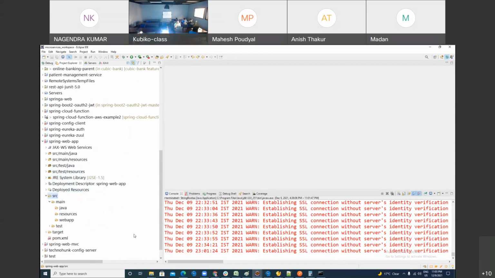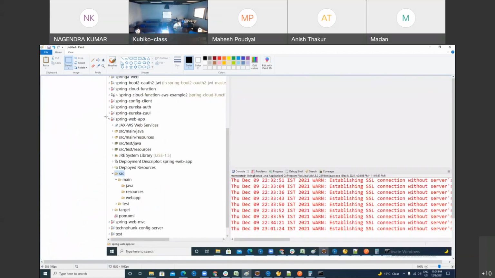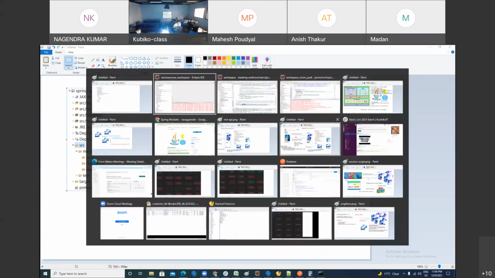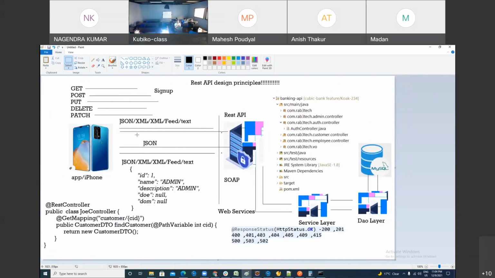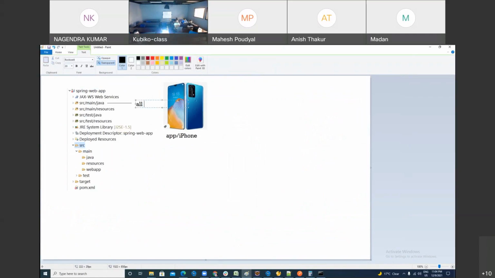So Maven by default creates this folder structure or not? So this folder structure is by default created by whom? Maven. This is the Maven web project structure. We need to understand the folders. So src main java: in this, we keep all our Java files. Who says to keep them inside? Maven.